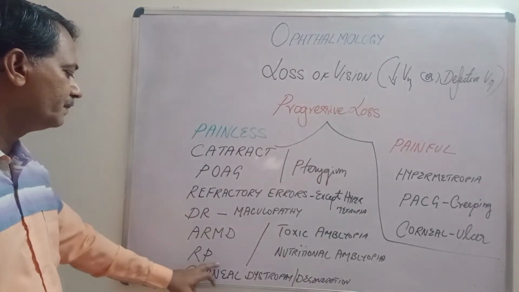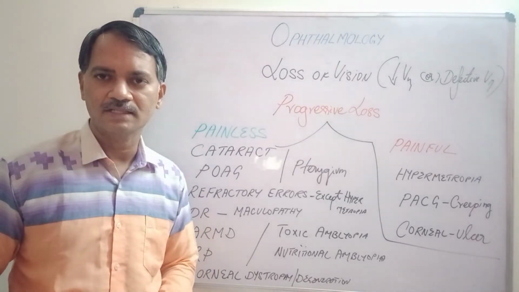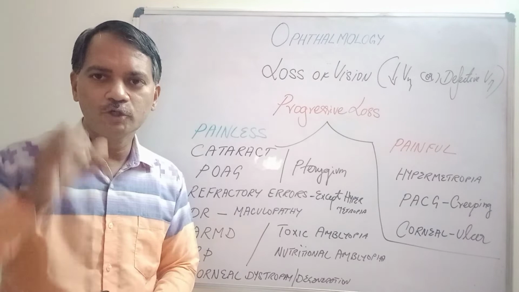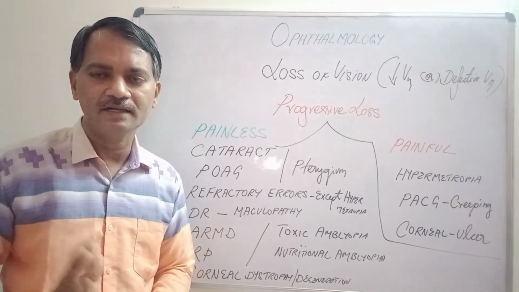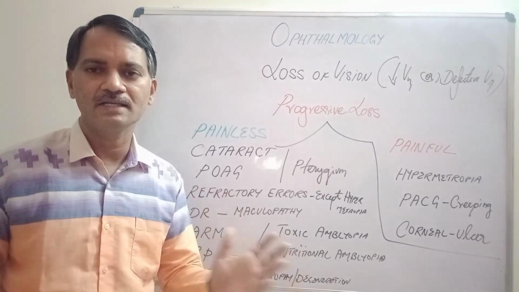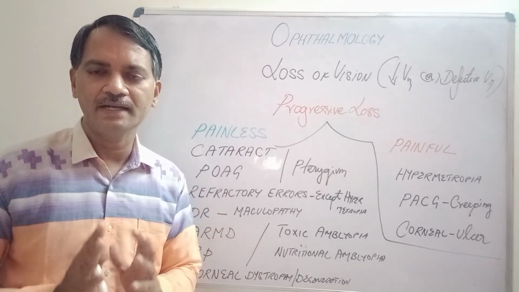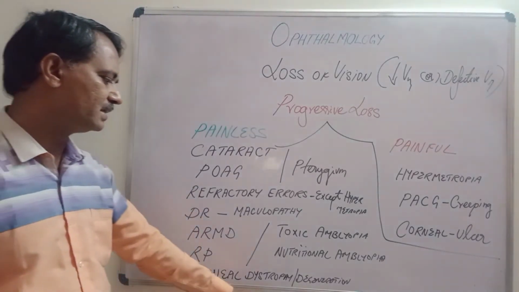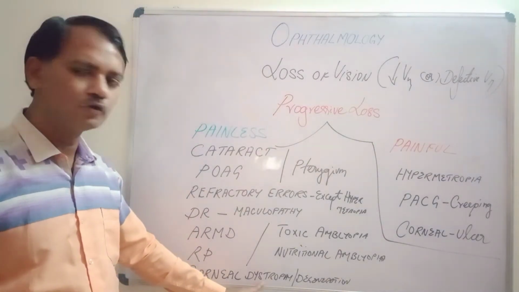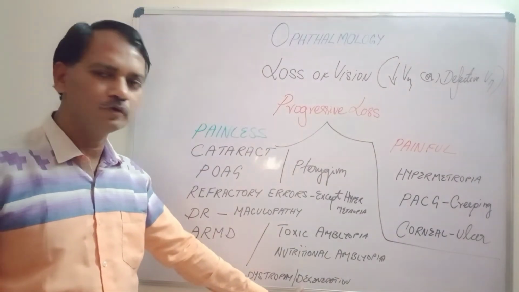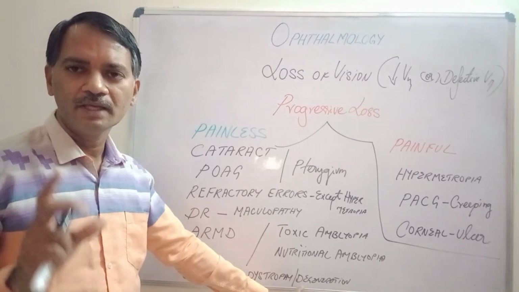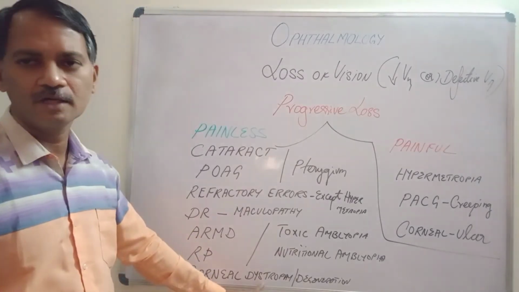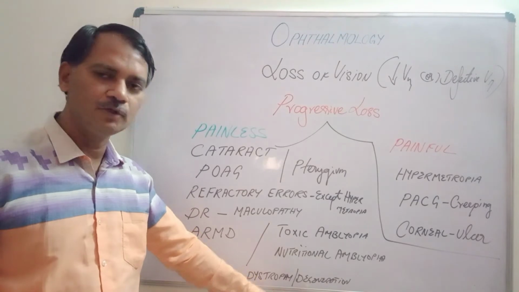Next is retinitis pigmentosa, one of the causes for night blindness. It is a hereditary disease. It develops and creates a tubular vision initially, and finally that vision also will be lost. The peripheral retina is the first thing that is affected, because retinitis pigmentosa is a disease of the rods. Next are corneal dystrophies and degenerations. Dystrophies are due to a hereditary problem. Degeneration is due to aging, or due to any pathology in the eye leading to degeneration. Dystrophies are usually bilateral, degenerations are usually unilateral.